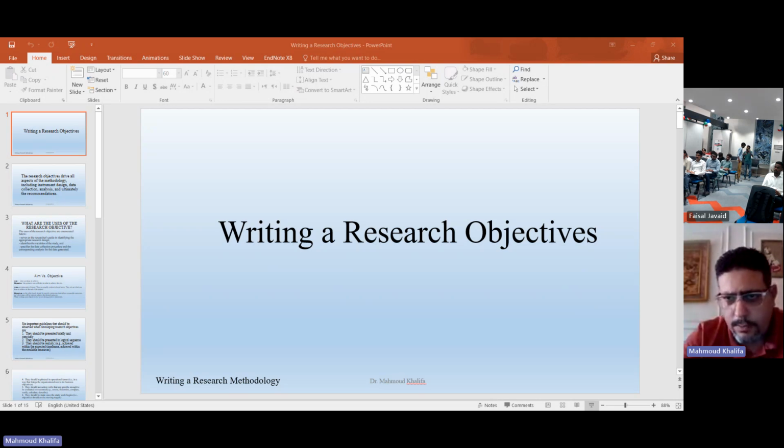Okay, what are the uses of the research objectives? As we see, they serve as the researcher's guide in identifying the appropriate research design. Identify the variables of the study. So when you are going to write objectives, they should identify the variables of the study, whether independent or dependent. They specify the data collection procedures or a corresponding analysis for the data